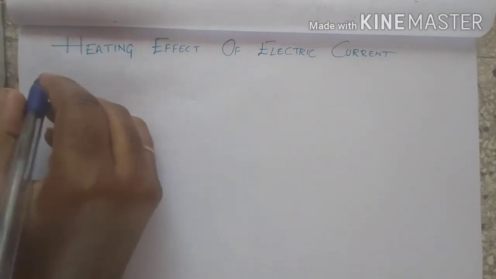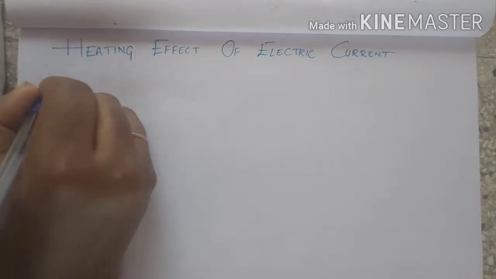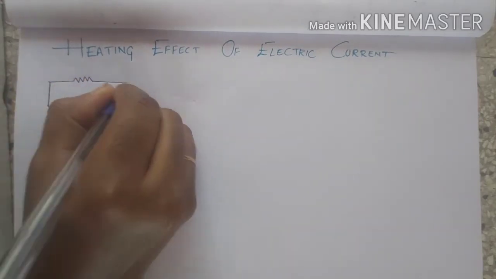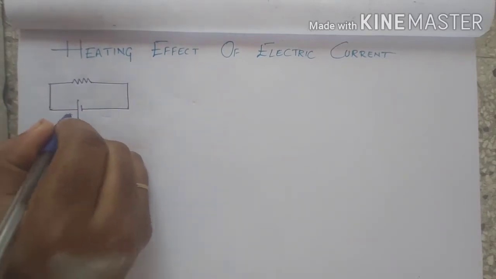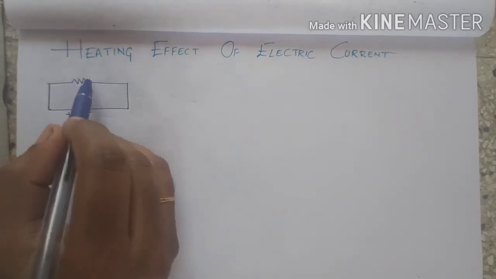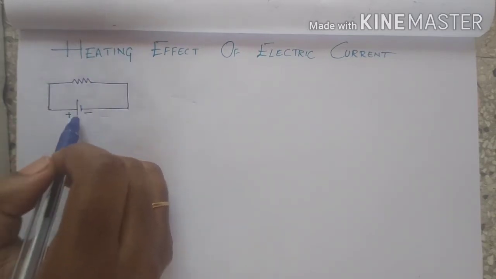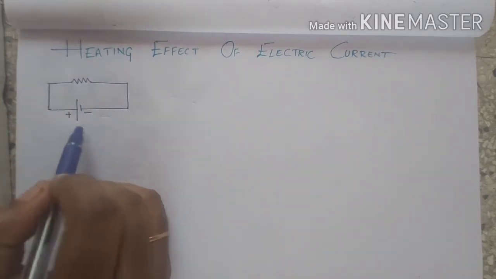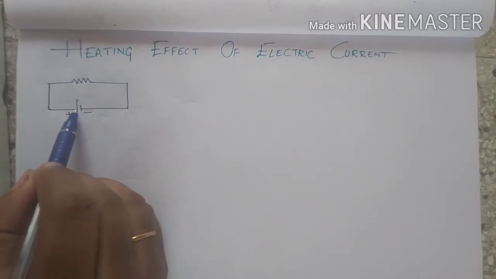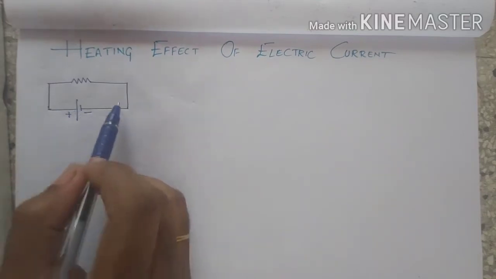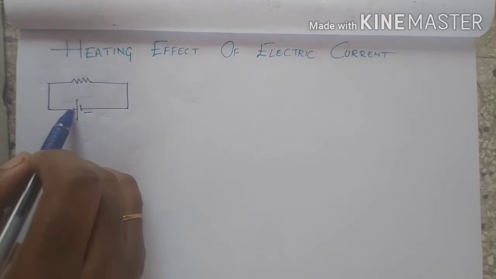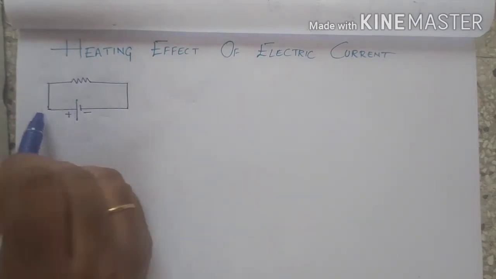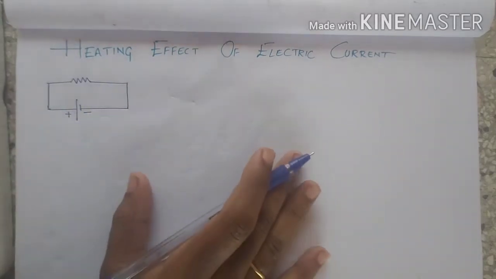So here, when you take a circuit connected with some resistor and a battery, okay, this is positive and negative. When you connect a resistor in a circuit with a battery or a cell, what does the cell do? Due to a chemical reaction, the cell will generate a potential difference so that the charges will start flowing from one terminal to another terminal. So here charges flow from negative to positive, whereas the current, or the positive charges, flow from positive to negative. Let's just keep it as such.